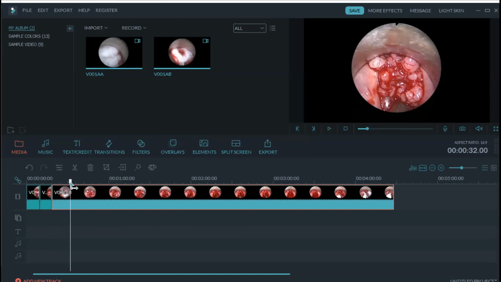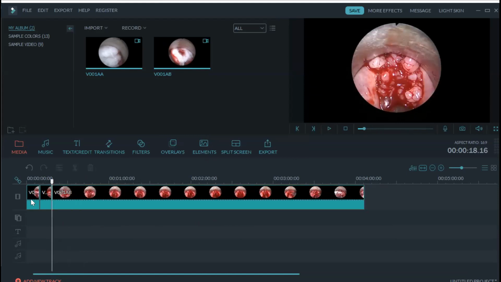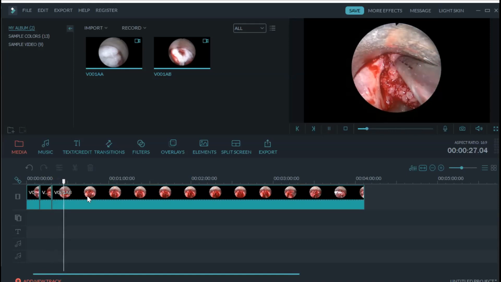You can minimize this at the source when you are recording itself, and you can tell your assistant not to. So you cut here, and now I have shown the lesion, I have taken the biopsy. Now I want to show the audience how I resect the tumor. See, now I start, I take a microdebrider, and we have started removing the lesion, which I want to show.